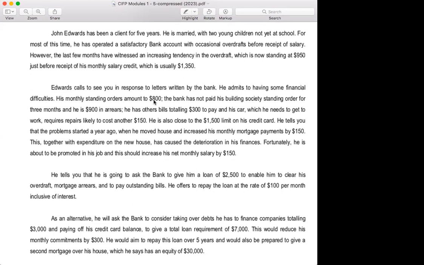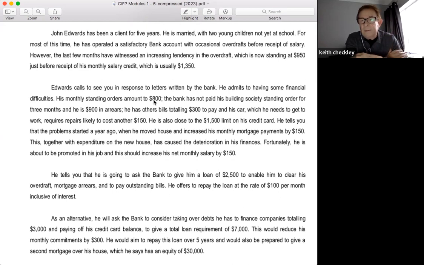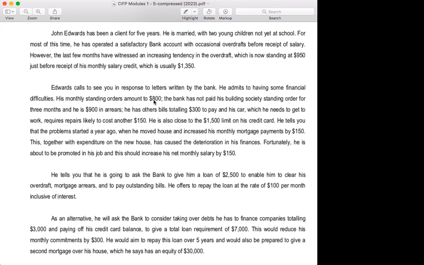Well, what I did was I took it based on what we're trying to do here, as a certified financial planner. Basically in this role, we're trying to see how best we could assist the client. So if we're trying to see how best we could assist him and get him out of debt, I just thought to take all of that into consideration. But I guess I'll wait until we go through my scenario, and you'll be able to see how, because in my mind, you're trying to put a little credit back. My thought also was just to cancel the overdraft and also the credit card, but we'll get there.